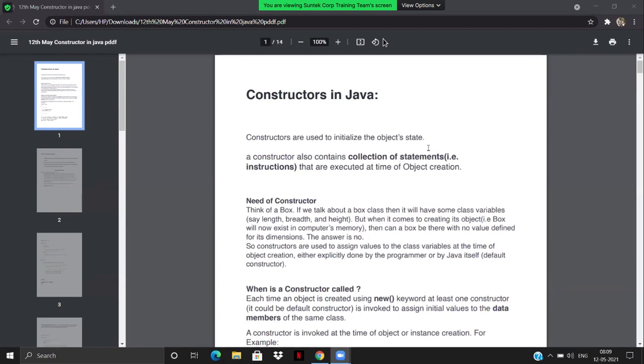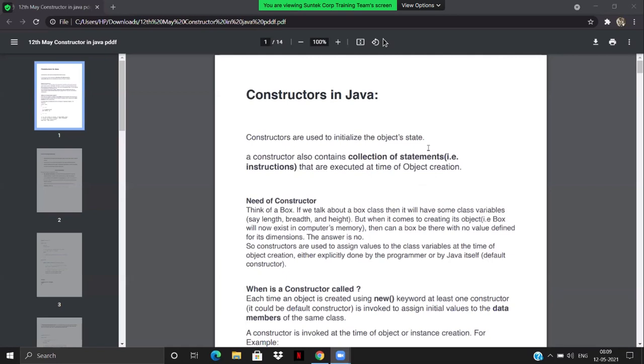Okay, great. So today we will be discussing the constructor. In the last class, we discussed objects and classes. What are objects? What is a class? Once we get done with constructors, we'll move on to the OOPS concepts, which are basically abstraction, polymorphism, interface, inheritance, and all those things.